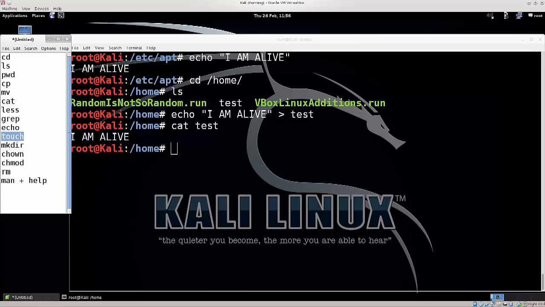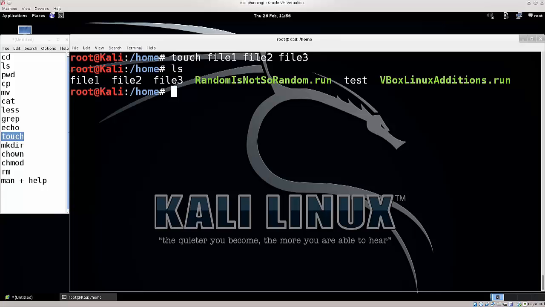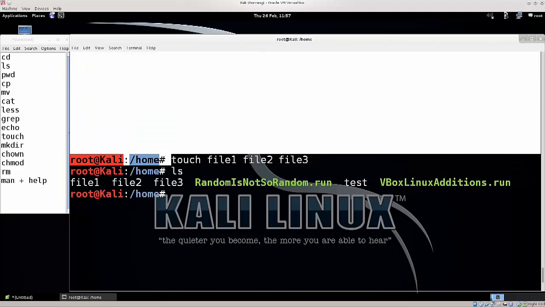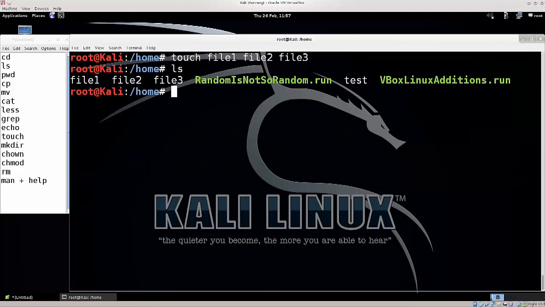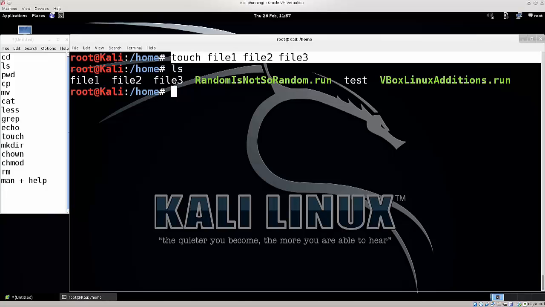We have touch. Touch is a quick way to create files. So for example, I can do touch, and I can say file 1, file 2, file 3. Press enter, ls, and you see it has immediately created 3 files. So touch is a very quick method. Anyway, touch is a very quick way of creating any amount of files that you wish, and you can specify